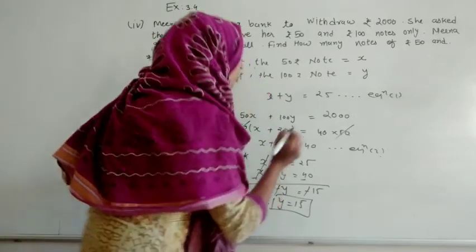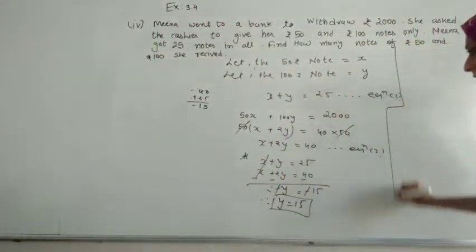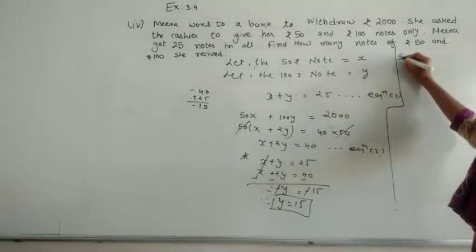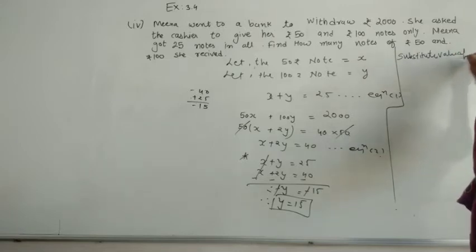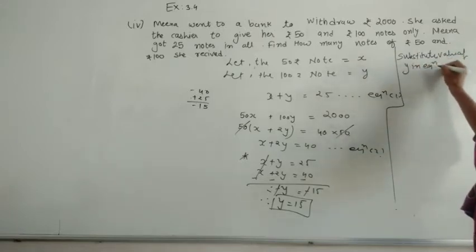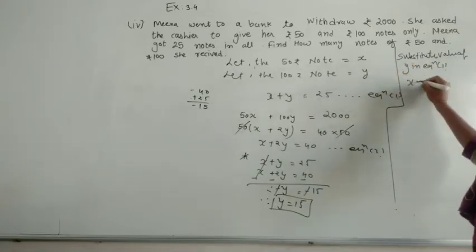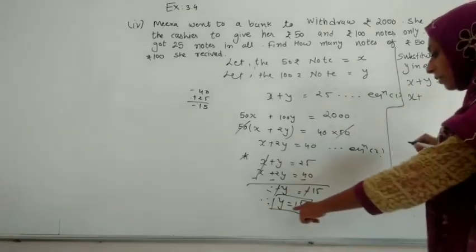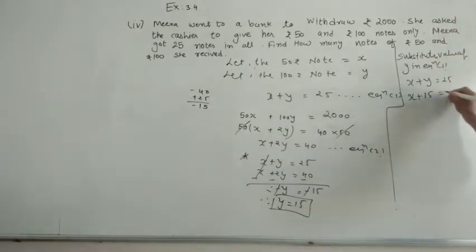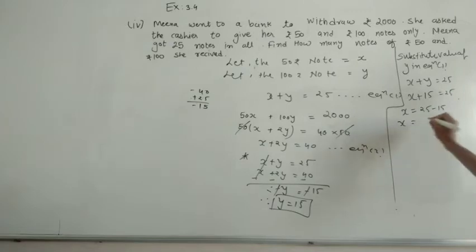That we have to substitute in any equation. So let me substitute that in equation number 1 only. So let me write that substitute value of y in equation 1. So it will look like x plus y is equals to 25. So x we are finding. So on the place of y I will write 15 and it is equals to 25. So x is equals to 25. This 15 goes here and it will become minus. If we are subtracting 25 minus 15, we are getting 10 over here.